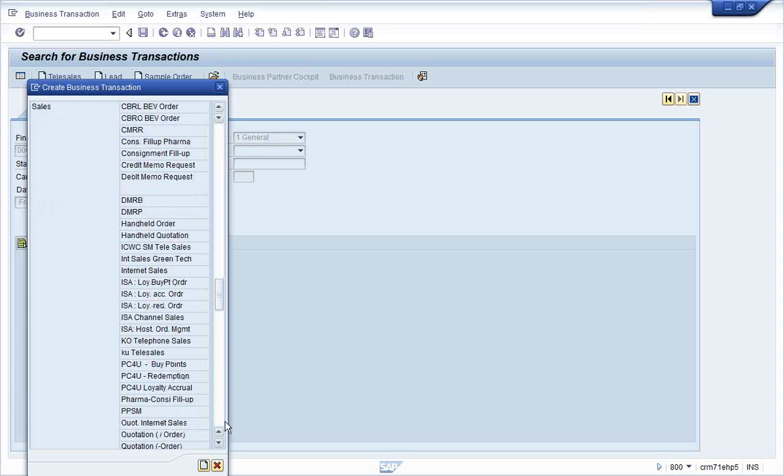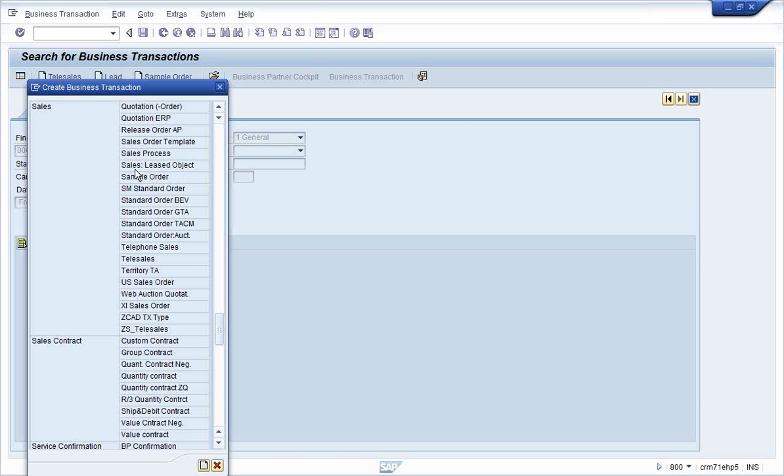For example, it can be sample sales, it can be telephone sales or tele sales, territory sales. These are all different types of sales which you can conduct.